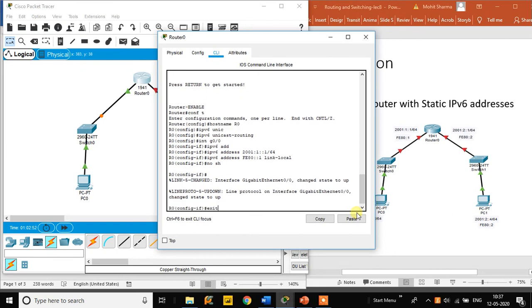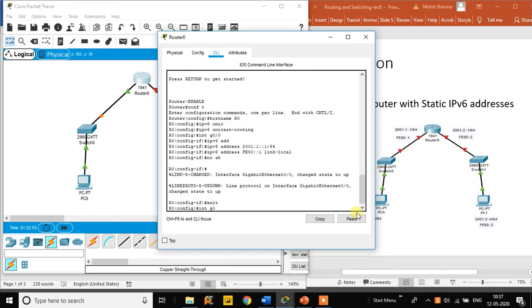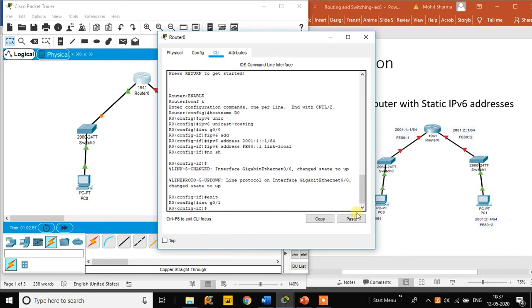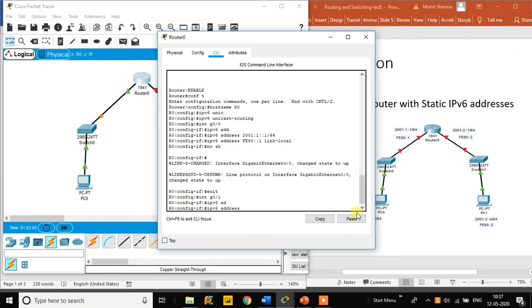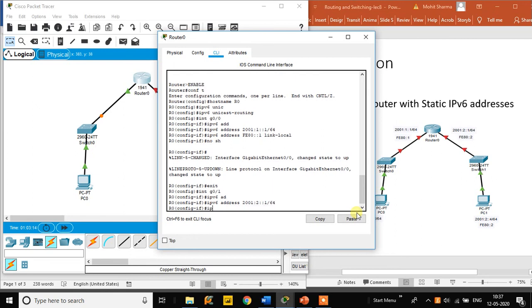Now we have another interface, which is G0/1, and we have to assign an IPv6 address to the G0/1 interface. Go to the G0/1 interface and there type ipv6 address 2001:2::1/64, and my link local address is ipv6 address FE80::2, which is the link local address here, and we have to give link-local.